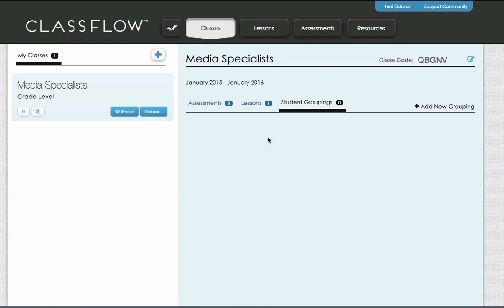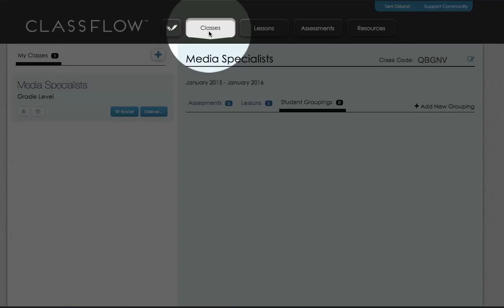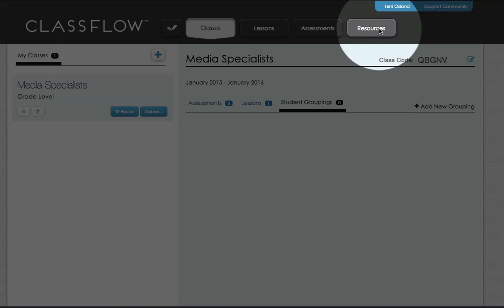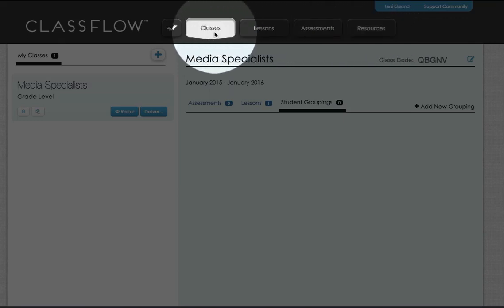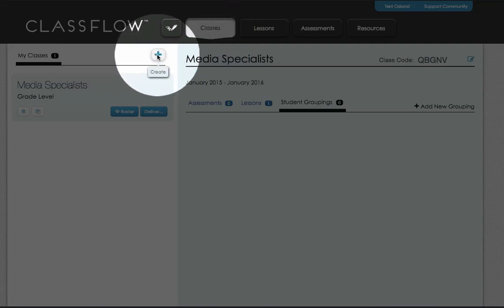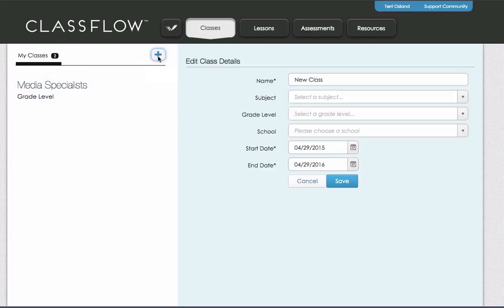When you are in Classflow on the web, you will see at the top that there are 4 major sections: classes, lessons, assessments, resources. If you click on classes, on the left-hand side, you can create a new class. So I'm going to click on that plus button. You can give it a name. So I could call it my homeroom, and I could say